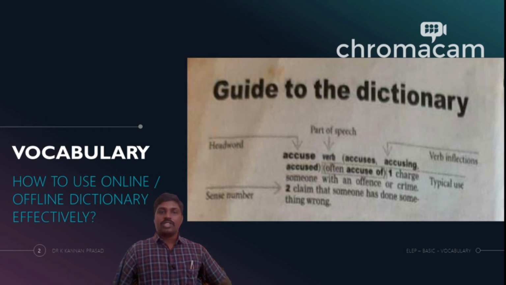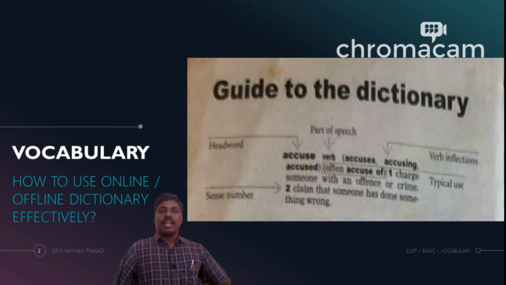You could see that the rest of the sentences are light in color. It's light black, and this is a little more dark black, or you could say it is typeset to bold. So if you're used to computer language or MS Word language, this word here, accuse, is in bold, and the rest of the sentence, after the number 1, number 2, is given in normal font. The word is called the head word according to the dictionary. The head word is the word the user is looking for.